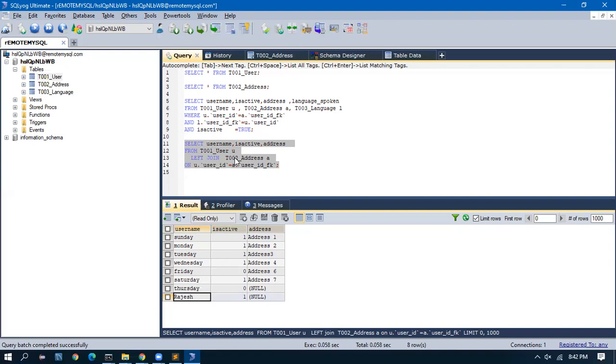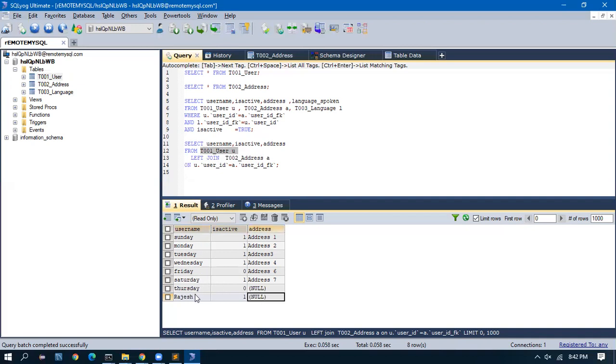Any questions on this? So left join and right join are the outer joins in MySQL. Depending on the database, whatever I am teaching, you just get the concept. Left join means, always use the word you remember: if it is left join, the left table will be fixed. And for the right table, if there is a matching record, it will bring it, otherwise null.